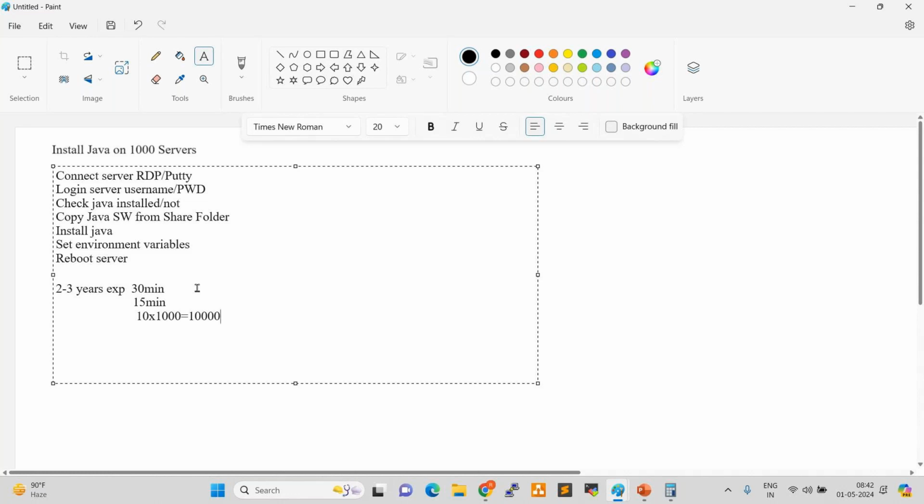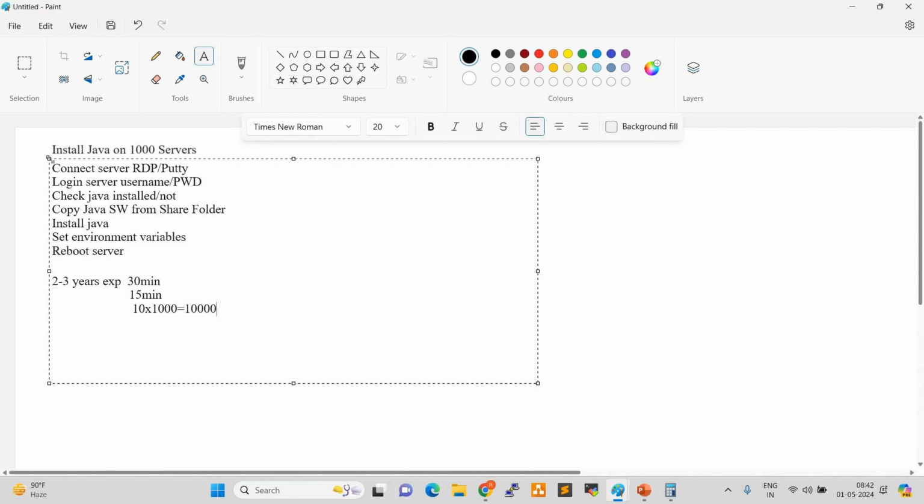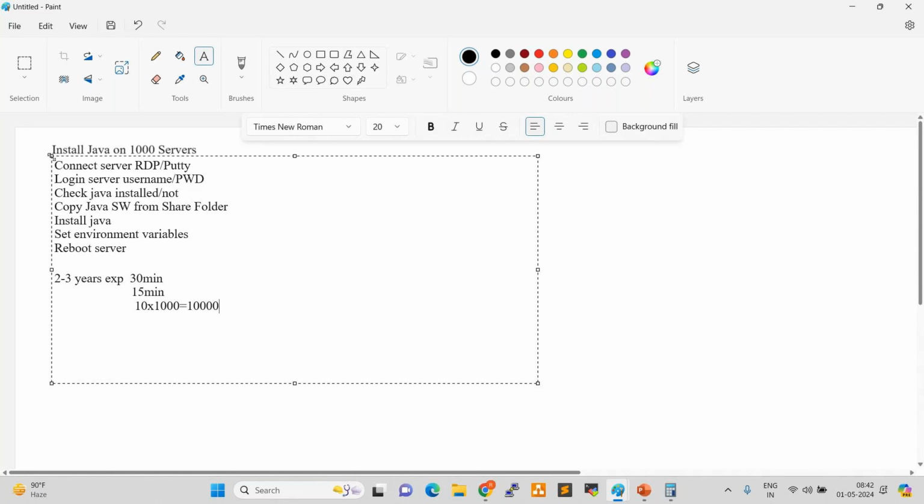This type of request, every day we will get a minimum of 25 or 30 requests. But we are doing it the manual way, not automation. So one task will take 10,000 minutes. If you receive 20 or 25 requests, how much time will it take? In real-time projects,